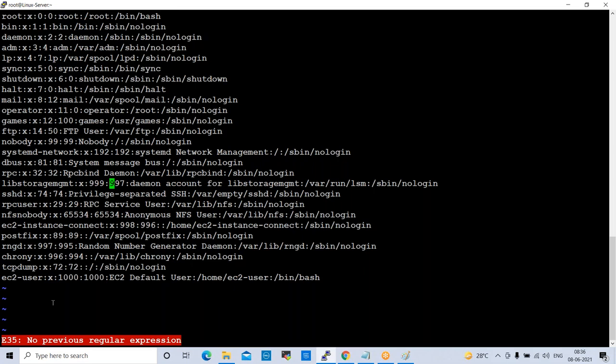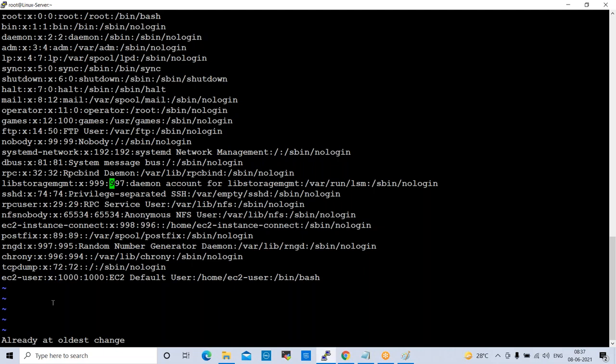Okay. So, if you want to undo any changes, you can use undo: U, small u. Nothing will be available here. Capital U can also be used. Capital U is to undo the previous changes on the entire line. So if you modify anything, you can use small u, and capital U means the line you modified.